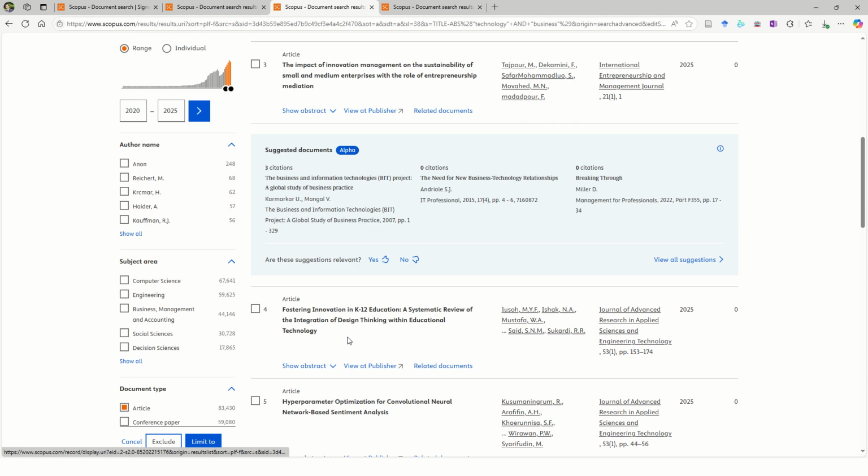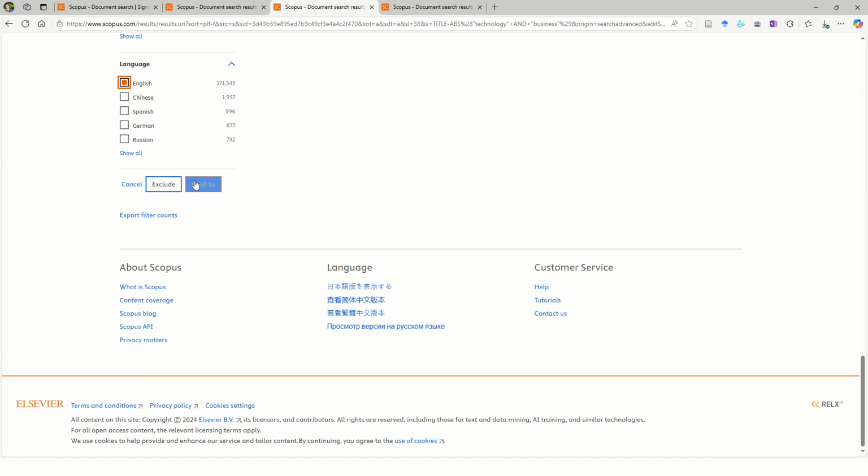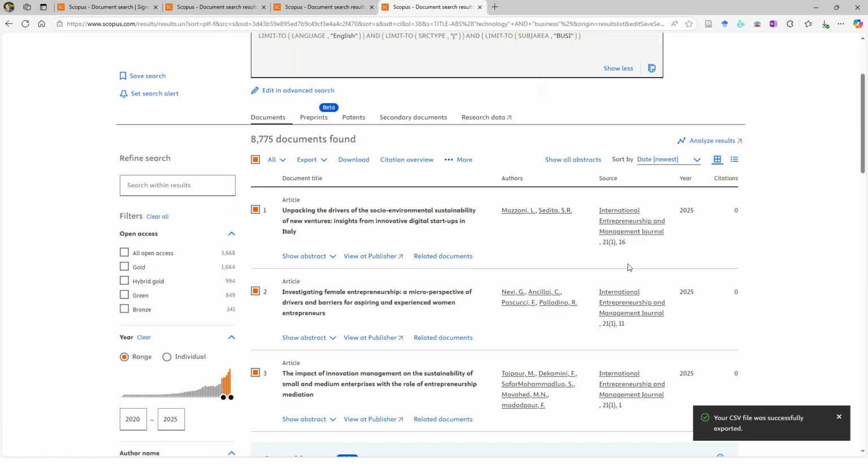This is where it now reduces your entire search, wherein you had over 1,77,000 documents, into a much smaller chunk of articles that you want to look at. Now, I've already performed the search. You will find that the search has resulted in 8,775 documents. So we've now significantly reduced the count, but these are all journal articles, and you at this point in time will now need to move into looking at how you want to